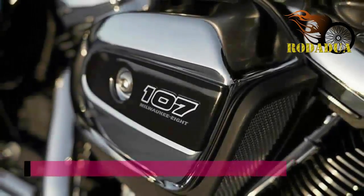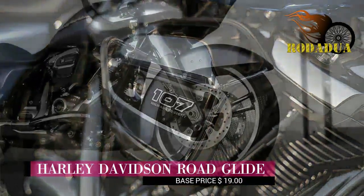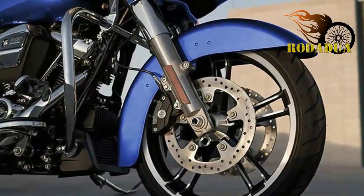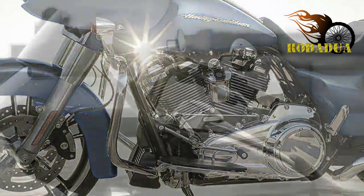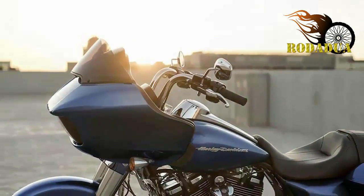The 2017 Harley-Davidson Road Glide. The Harley-Davidson Road Glide costs some money, that is without debate. The company's biggest bikes always do. But here's the thing, the new Glide is the least expensive bike Harley-Davidson offers with its massive, all-new 107 cubic inch,